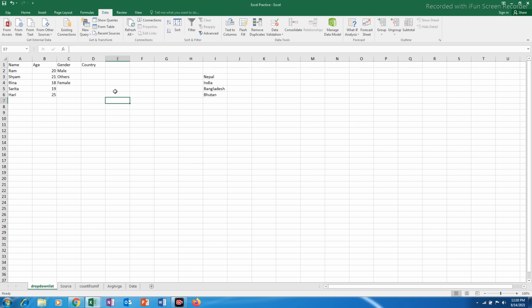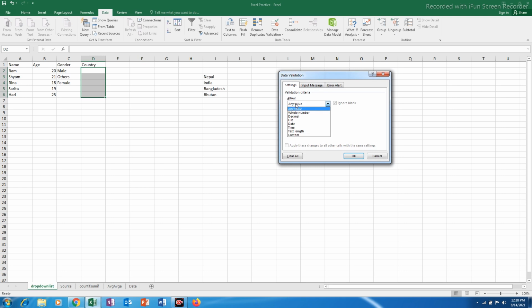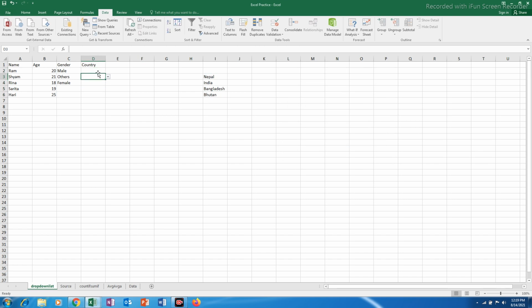So after that what I will do, I will select those column where I have to enter the country. Then again I can go on this data validation, click list under allow, and here in the source what I can do is if it is in the same page or same sheet, I can select all the sources and then okay. Now you can see a drop down list has been created.